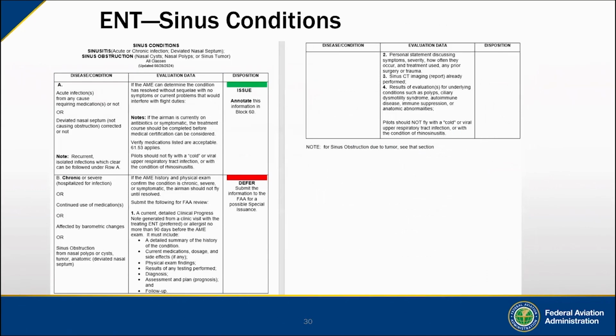This next slide is our sinusitis. Again, we have Block A's, which are acute infections. It also mentions deviations of the nasal septum or abnormal exam findings that show up on the ear, nose, and throat portion of the AME examination that sometimes generate questions. We're not concerned about deviations of the nasal septum or structural abnormalities as long as they're functionally fine and they're not aggravated by flight. Again, acute infections are common, and we rely on the 61.53